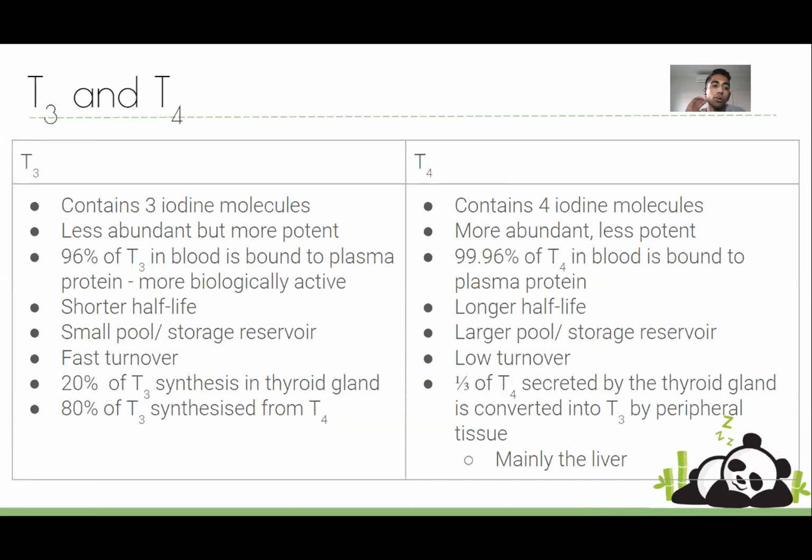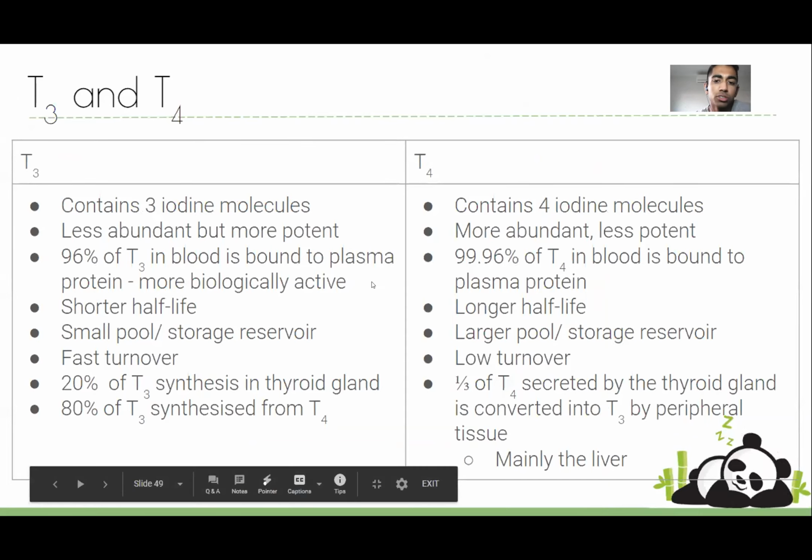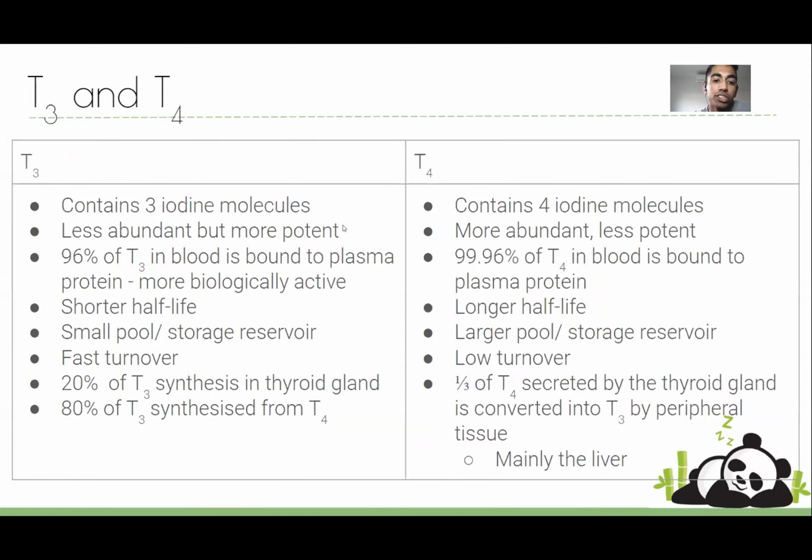So as we said before, T3 contains 3 iodine molecules and T4 contains 4 iodine molecules. T3 is more potent, a stronger version of the thyroid molecule, but it's less abundant, and T4 is kind of the opposite. You can think of them as two sides, not really a spectrum. It's just one or the other, you don't really get in between. So while your T3 is more potent, your T4 is less potent, and while your T4 is more abundant, your